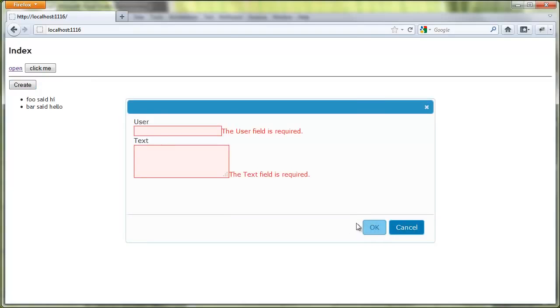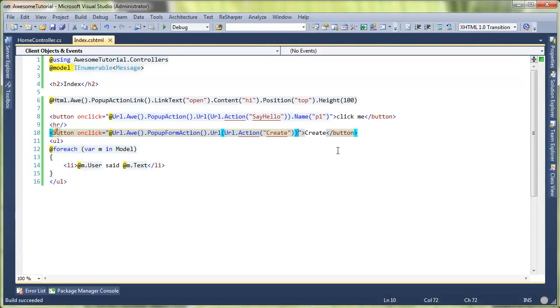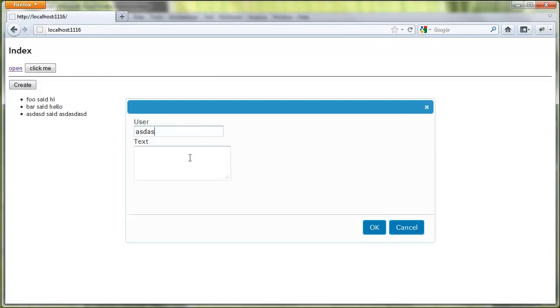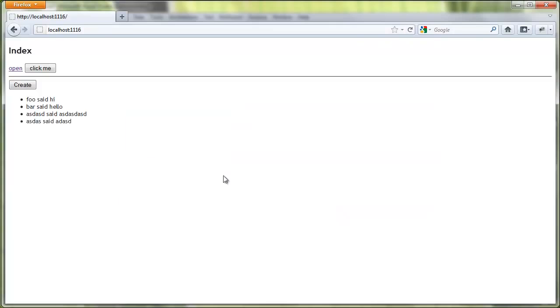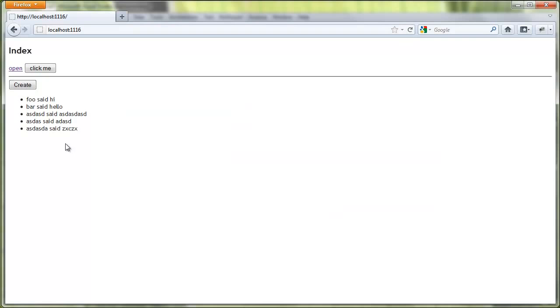Okay. As you can see, the server validation works. Let's try and add something. Okay, if you refresh the page, so as you can see, the item was added. There's an option RefreshOnSuccess. So now let's see. So basically the page is refreshed automatically